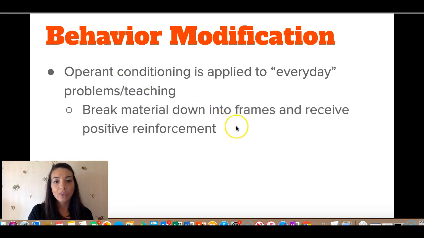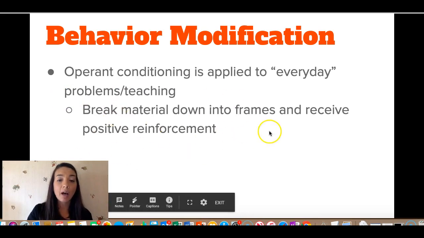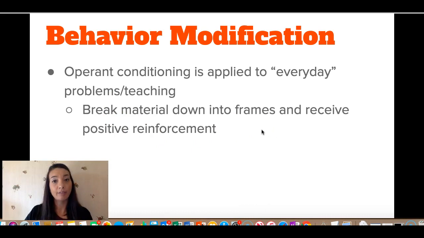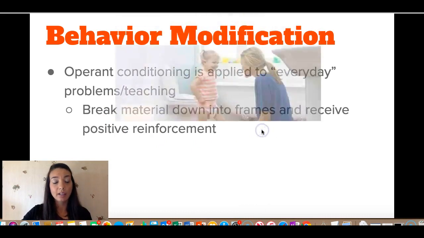Okay, so within behavior modification plans, what happens is that somebody writes the plan, right? So the material is broken down into frames. You can think of that as steps. And the person whose behavior is being modified receives positive reinforcement for completing the frames, for going through the steps of the process.